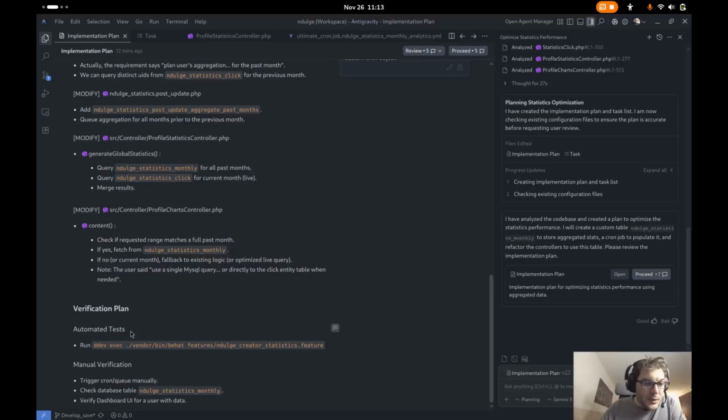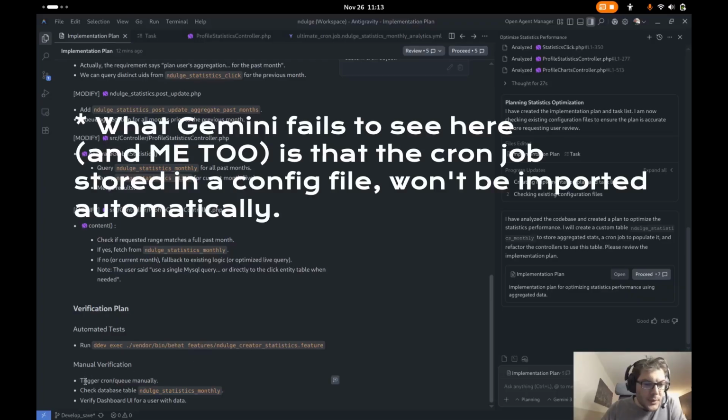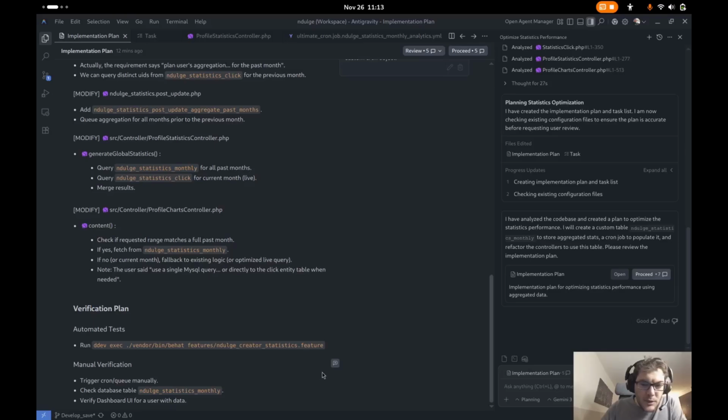Verification plan, automated test, run dev exec be at, we are good. Manual verification, trigger cron manually, check database, verify dashboard. Okay, so normally it should be able to do this by itself. You can run dev